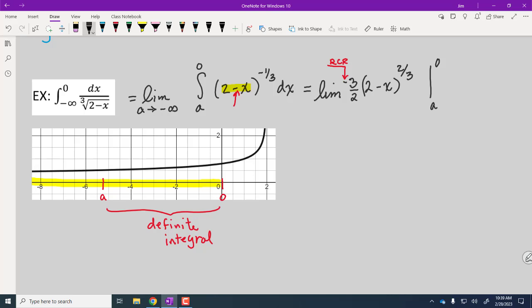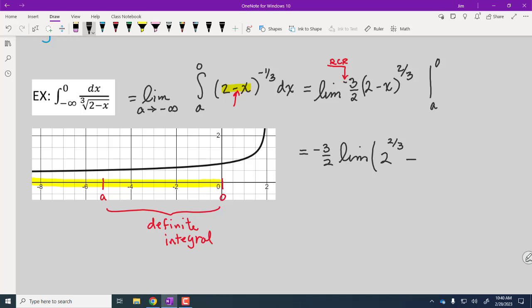So once again, I'll pull this constant out. We know that constants can move right through limits. So let's just get it out of the way. It's easier to evaluate the limit when you have it kind of uncluttered. So now we plug in our upper limit, which is 0. 2 minus 0 is 2, so we're going to end up with 2 to the 2/3 power